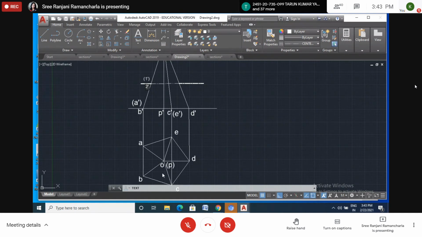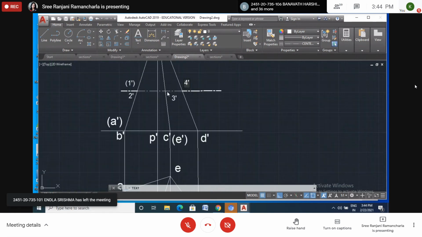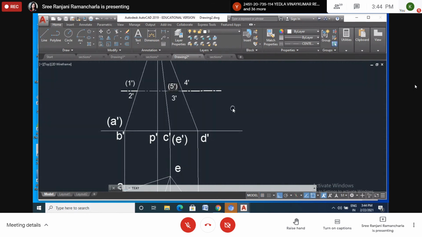Then here also 3. 3 is there. So this point is also visible. So here 3 will be there. See over there. So 3 dash. Similarly here 4 dash. 4 dash. And here not here. This is the axis. Now here you have to show. Okay. 5 dash. Bracket, hidden. So bracket 5 dash. Now it's clear.